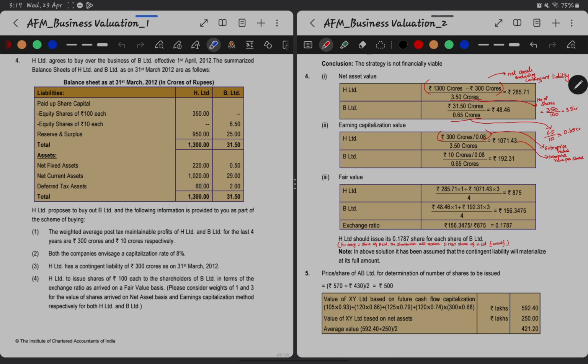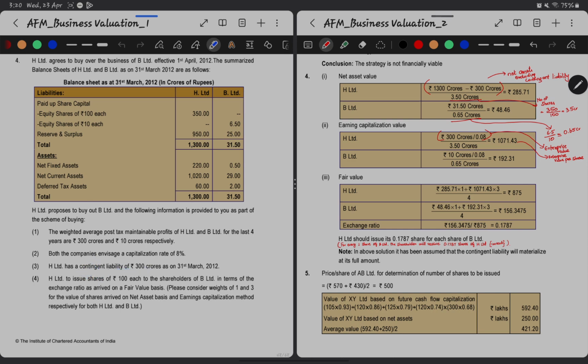so the net assets will be 1300. But if we see, H Limited has a contingent liability of 300 crores, so this contingent liability has to be reduced because there is no other liability here. This is all the equity shareholders' portion, hence need not be reduced. Net assets is nothing but total assets minus liabilities, right? There is no liability here, but there is a contingent liability of 300 crores in case of